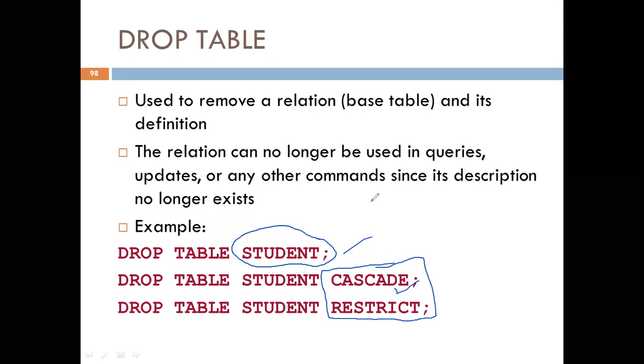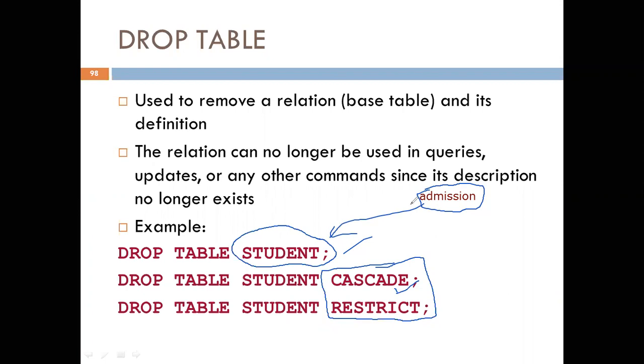As we have discussed in the college database, we had one more table, that is admission, where we were referring from this admission table to the student table. The admission table had a foreign key that was referring to the student table.